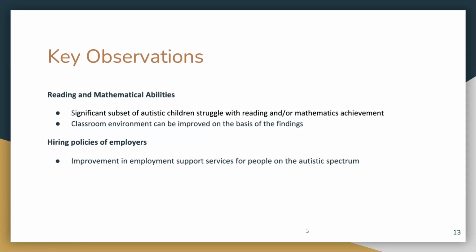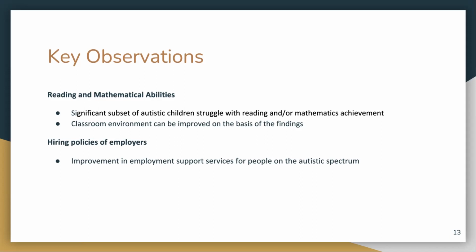Now I will talk about how the school system and policies for children with autism may be shaped by findings from the reading and mathematical abilities of autistic children. Much of the ASD literature concentrates on the findings and the significance of social and behavioral support for children with autism spectrum disorder. A study on autistic children without intellectual disabilities found that many of them spend a significant portion of their day in inclusive general education classrooms.